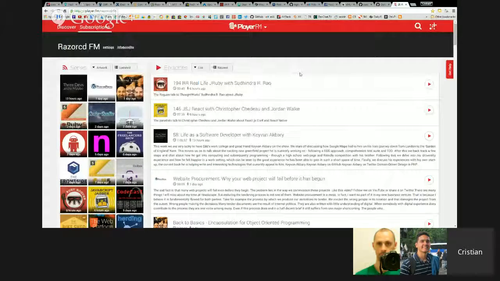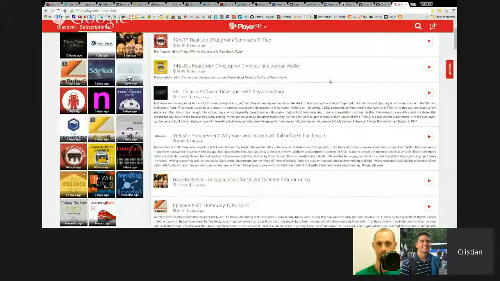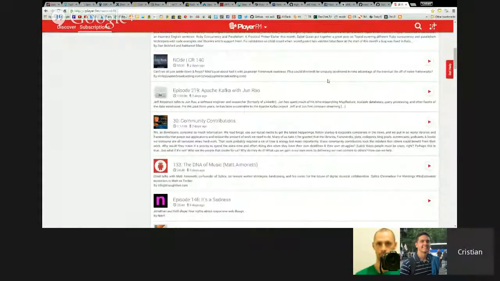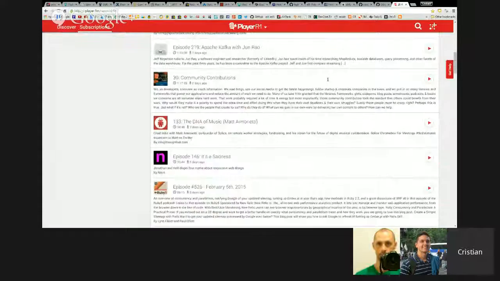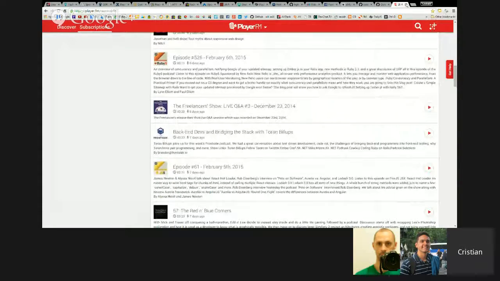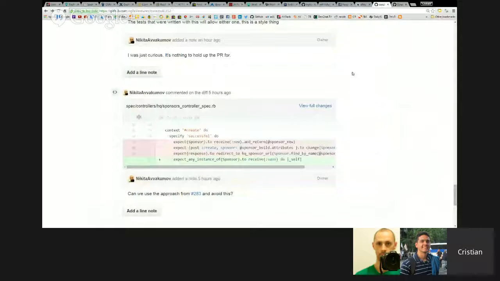But their point is that the only good time to use callbacks is if there's some kind of persistence logic that needs to happen. For example, we have situations like that in the application where if you create a sponsorship, then before you save the sponsor, it recalculates how many active sponsorships it has and stores that in a database column. So basically it runs a counter cache. But anything else,